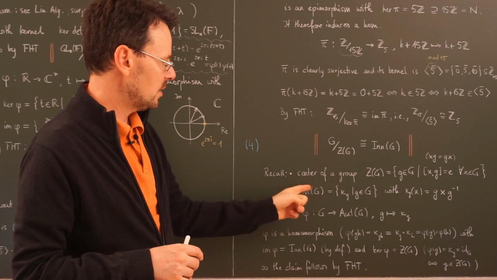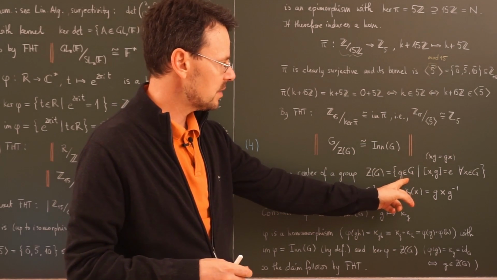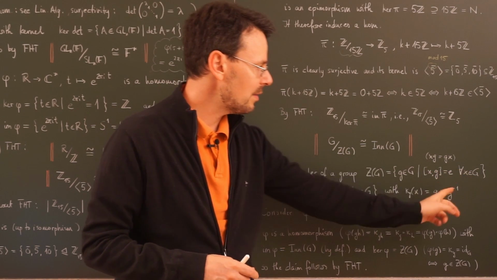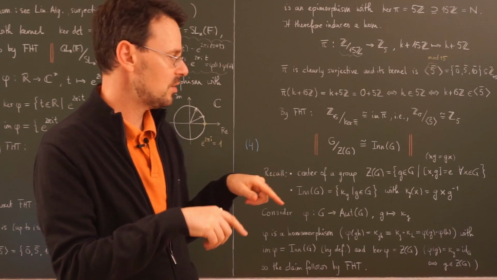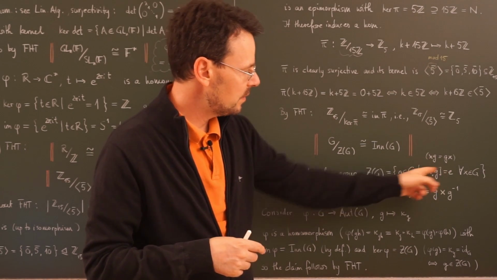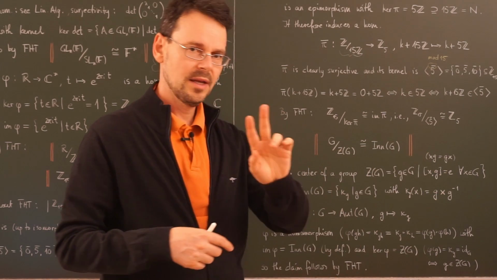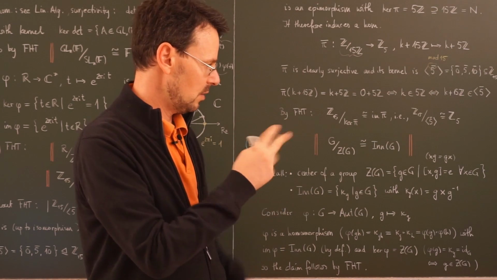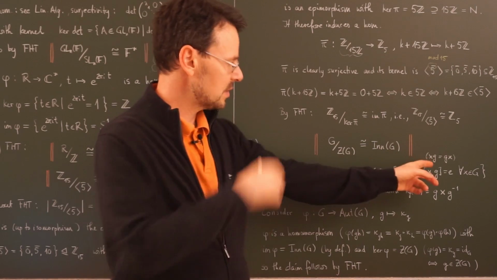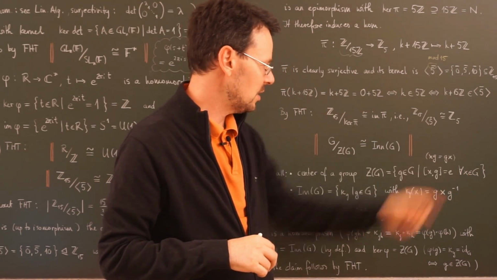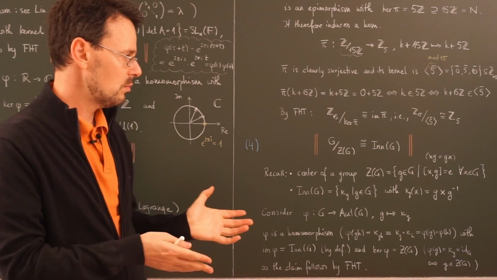Z of G is the so-called center of a group, and this consists of all elements that commute with all other elements of the group. This here is short notation using the commutator notation. If this is not familiar to you, this is equivalent to saying that xg is the same as gx. So g commutes. The order of the multiplication with any other element is irrelevant, because for all x in G, xg equals gx. This is, for any group, a subgroup,